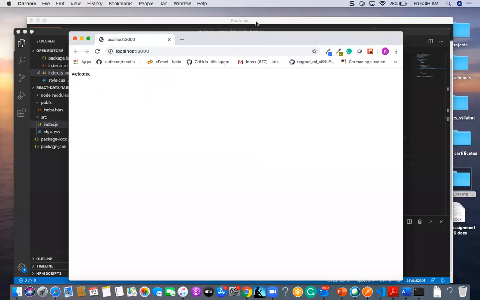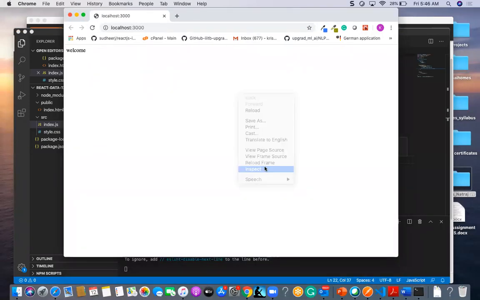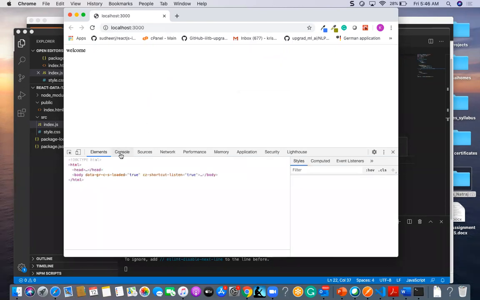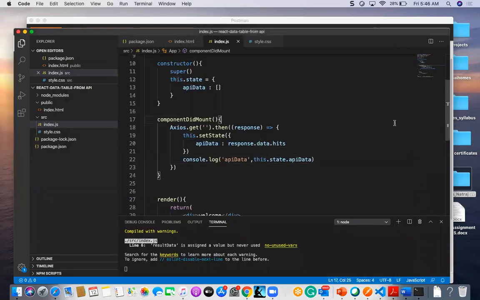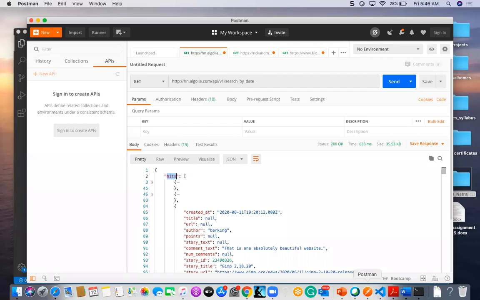Here I am going to check. Undefined. Is connected. Index 22. Okay. I didn't mention the API.